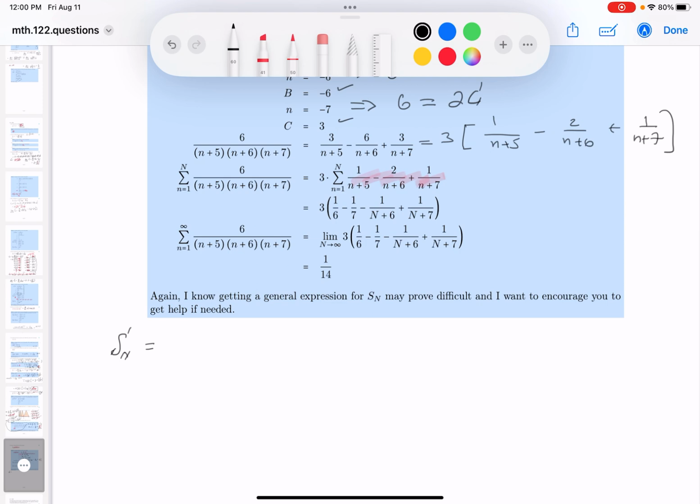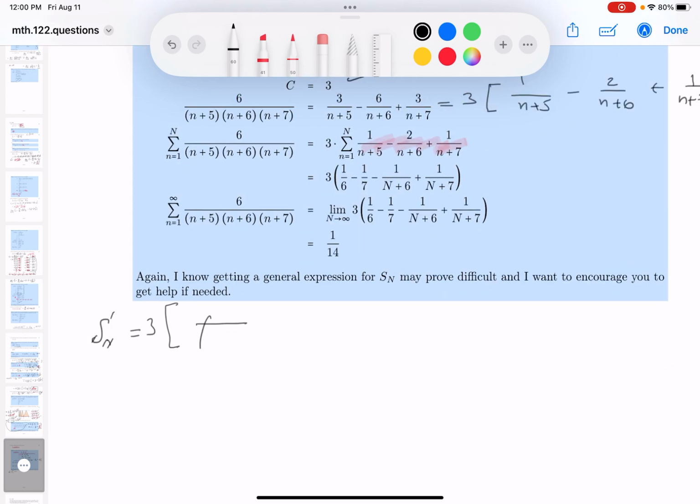All right, so writing it down is probably the worst thing to do, but what happens when you write things down, hopefully you'll see something. But there is a 3. I'm going to start at 1, right? So what do you get? Starting at 1, you get 1/6 minus 2/7 plus 1/8 plus